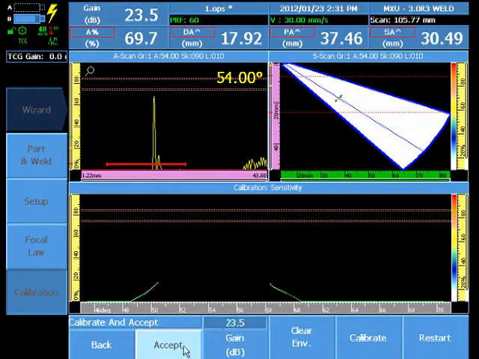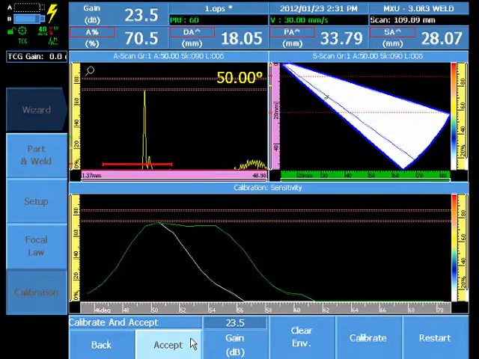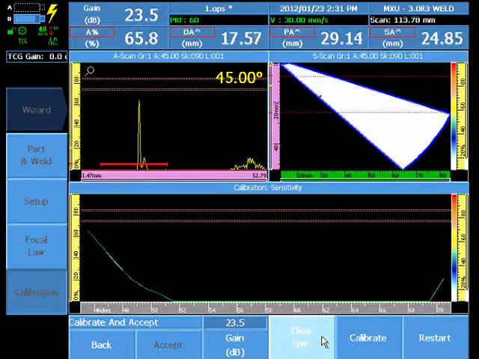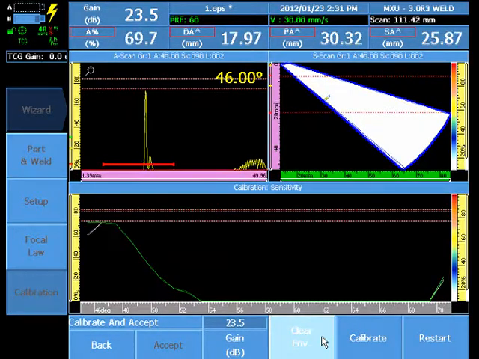Select Next, and manipulate the probe to the first focal law. In this case, 45 degrees. The limitation of the calibration wizard is that no focal law can be greater than 100%, and the last focal law must be at least approximately 10% so that the calculation for the focal law gain offset to make it 80% is accurate. Select Clear Envelope and slowly, smoothly manipulate the probe, applying